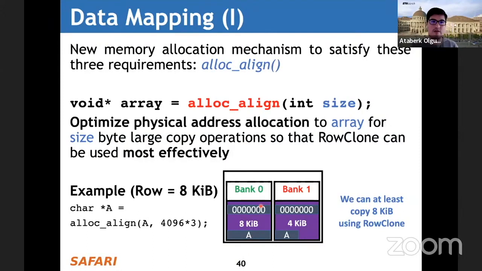And alloc-align will try to optimize allocations of arbitrary sizes such that we can initialize these operands with RowClone operations most effectively, using them for the majority of the data.